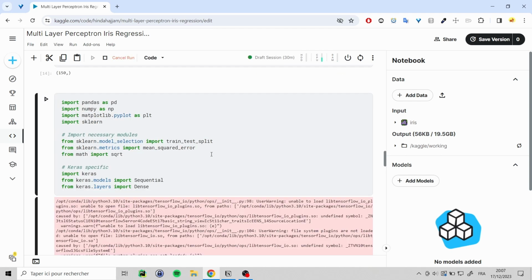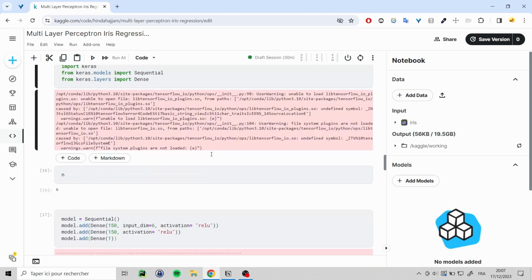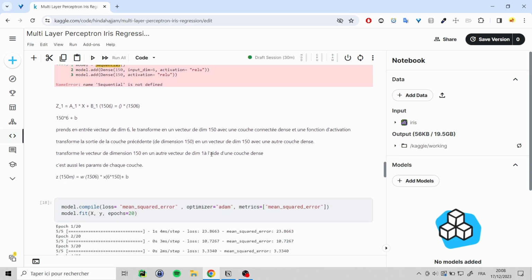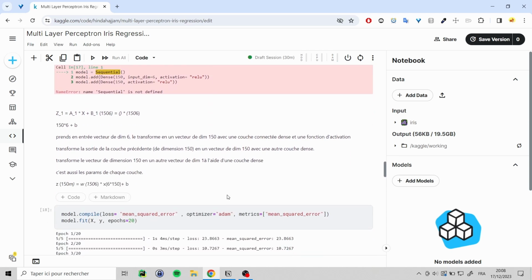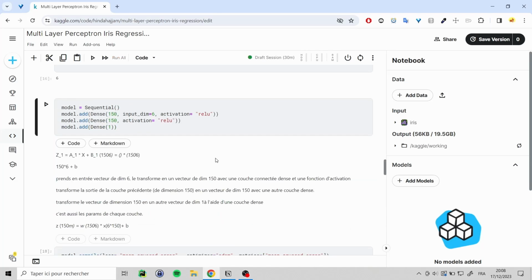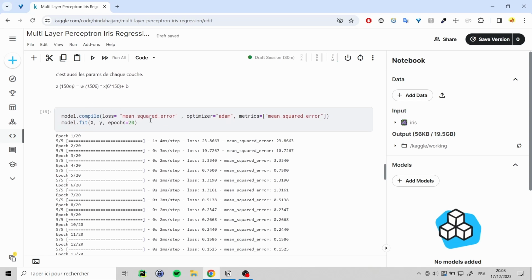I'm going to be cleaning up my code because I have added a lot of comments, but they're quite messy, and I have written them in French. We'll try to maybe write them in English or remove them altogether. So I'm going to be running my code, the model I'm going to be creating, and we're going to